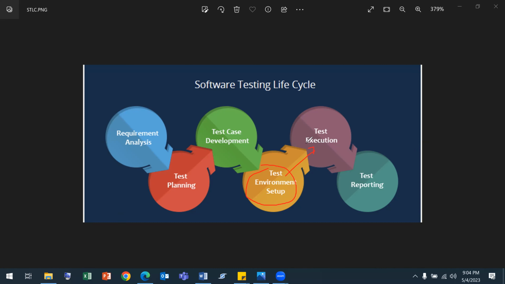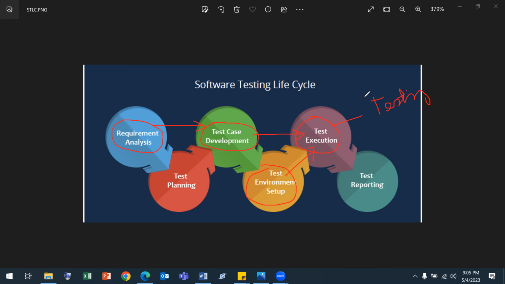Okay, so for the testing phase, basically, we need to set up the test environment for our own test. Then after that, whenever we develop that particular test case, we need to execute that test case. Execute means the testing. You are going to be testing. Basically, whatever functionalities I already analyzed, based on that, I write the test case, or I develop the test case. That test case needs to be tested in that QA environment,